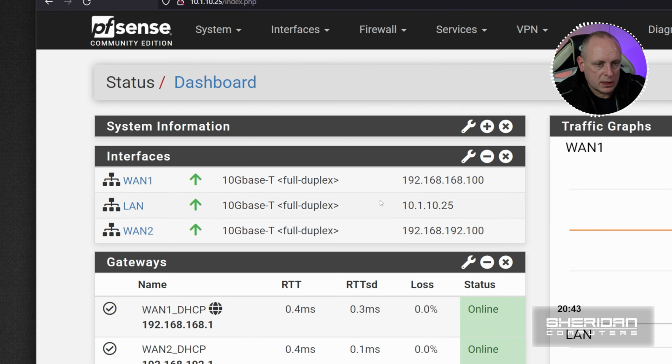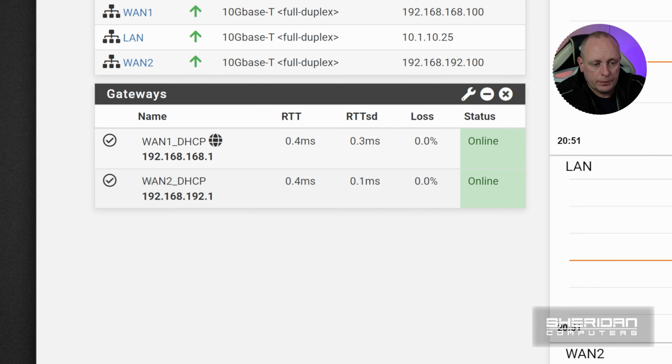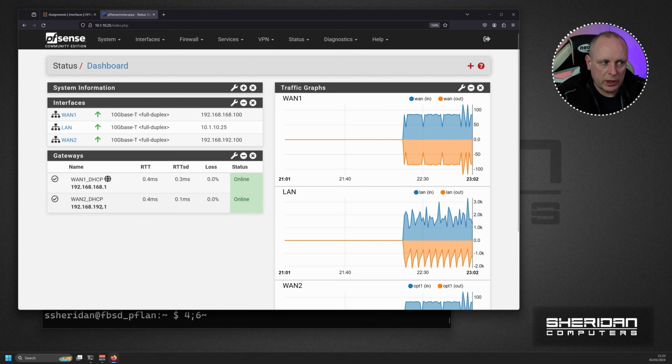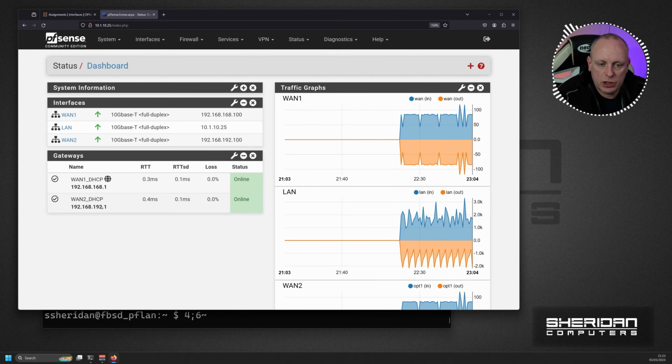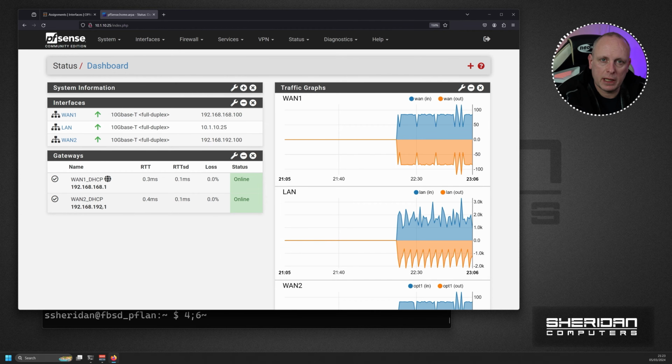WAN 1, which is DHCP assigned, so this address, with the gateway of 192.168.168.1. Then we've got our WAN 2, which is also DHCP assigned, so again this address here, and the gateway is 192.168.192.1. So before we go any further, I'd suggest that you make sure that both your internet connections are working